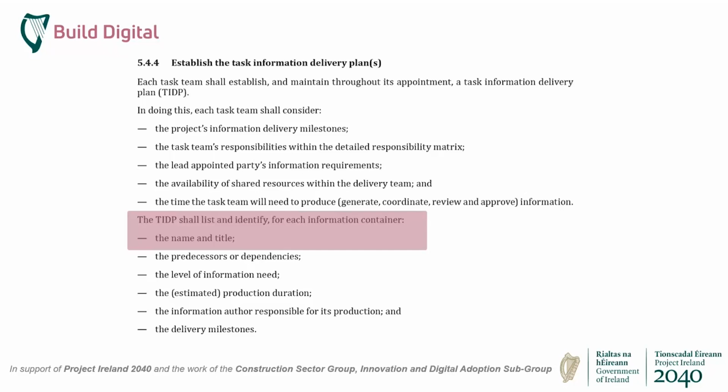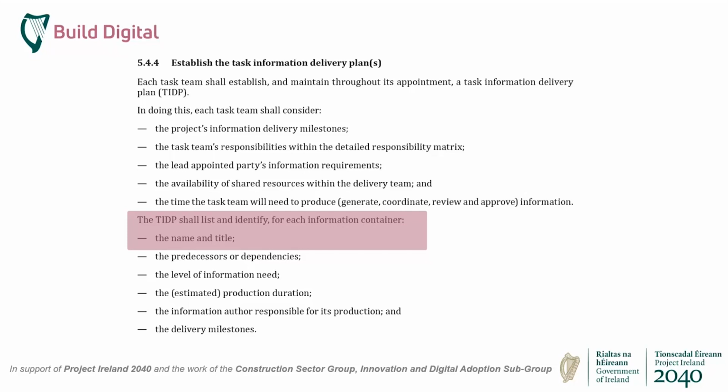It should be part of their task information delivery plan that will form part of the master information delivery plan. And they should have a reasonably mature idea of what will come at the end. Now, there might be a little bit of variation, but you should know 80% of what they'll deliver at the end of the stage, at the start of the stage. They know the requirements of the stage, they know what they need. So they should be doing the document register, the issue sheet, at the start of the stage and not after